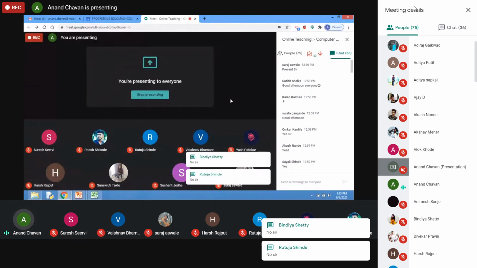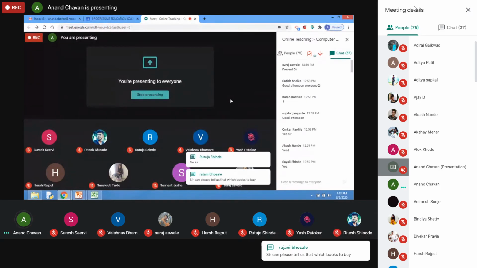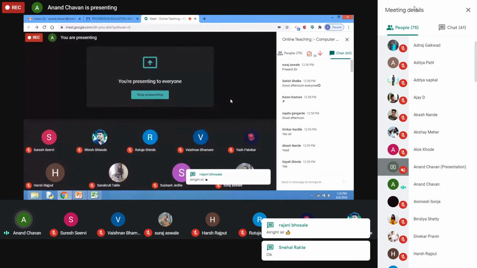I think I am clear on each and every point. For books, you can refer to the Vision Publication book, or you can use Nirali Publication. But I am using the Vision Publication book.